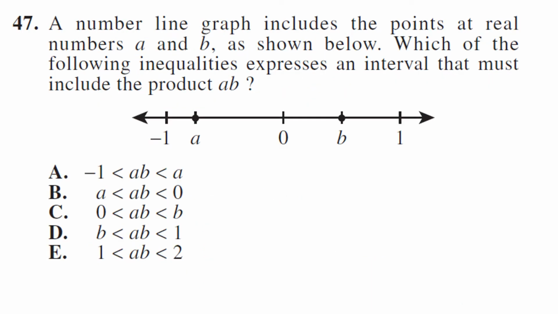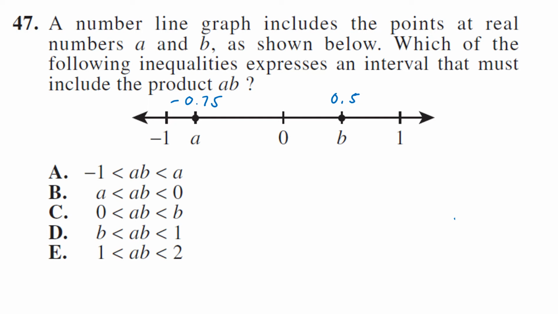Number line graph includes the points at real numbers A and B as shown below. Which of the following inequalities expresses an interval between A and B? Well, I'm going to say that B looks to me like it's about half, so we're going to say 0.5. And A looks to me like it's about negative 0.75. So between those two. So AB,